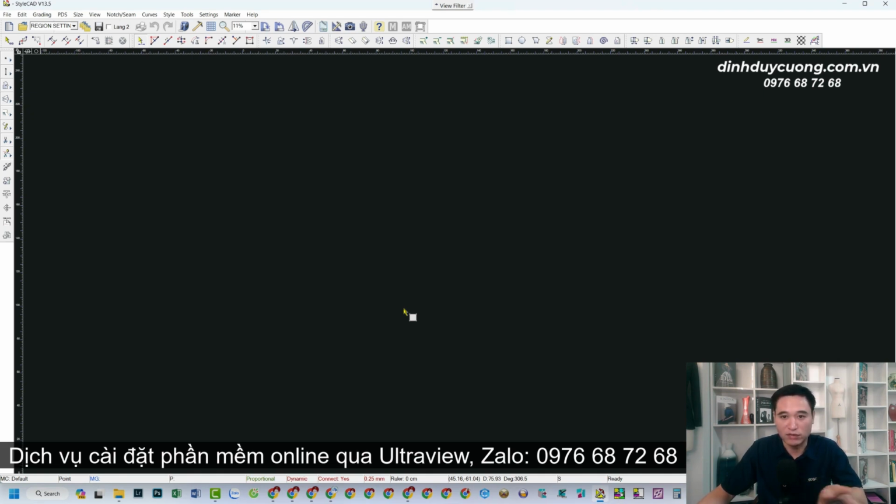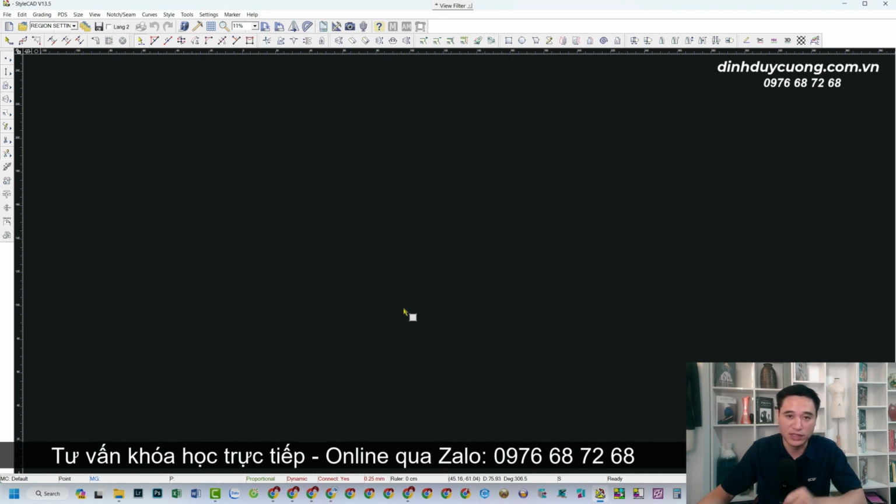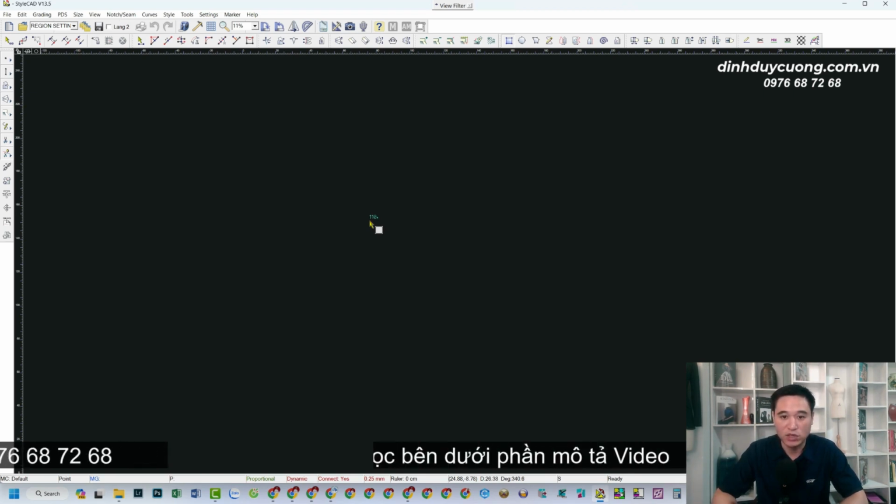If you want to create a new upstream face, first we will create a basic rectangle. You will hold down the left mouse button on the screen, then carefully press the B key twice. After that, you will manually enter the specific length and width parameters for this rectangle to complete the shape. For example, if you want the length of this rectangle to be 110, and if you want the width to